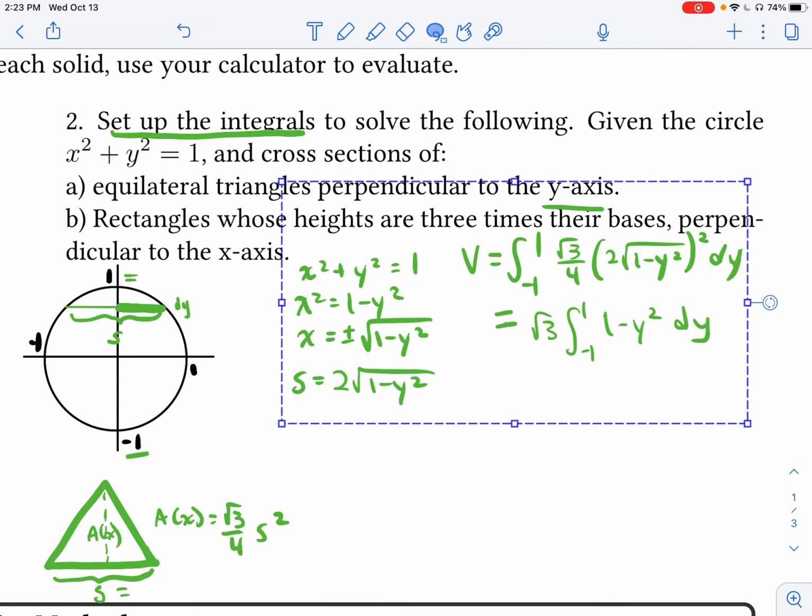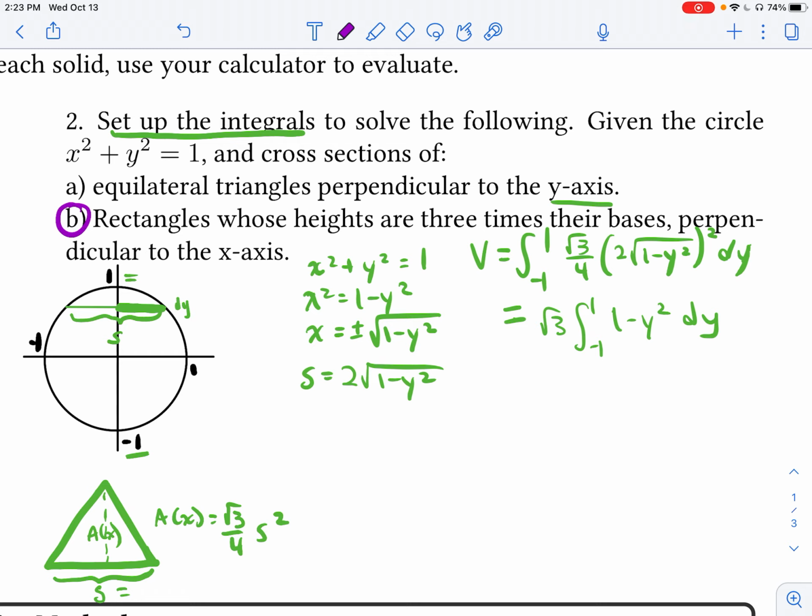So now let's do the second part, which is to find the volume of the solid that's formed by cross sections that are rectangles, this time perpendicular back to the x-axis. I'm going to encourage you to pause this video right now and see if you can set this up for yourself. Well, if you've had a chance to do it, hopefully you see that each one of these rectangles,